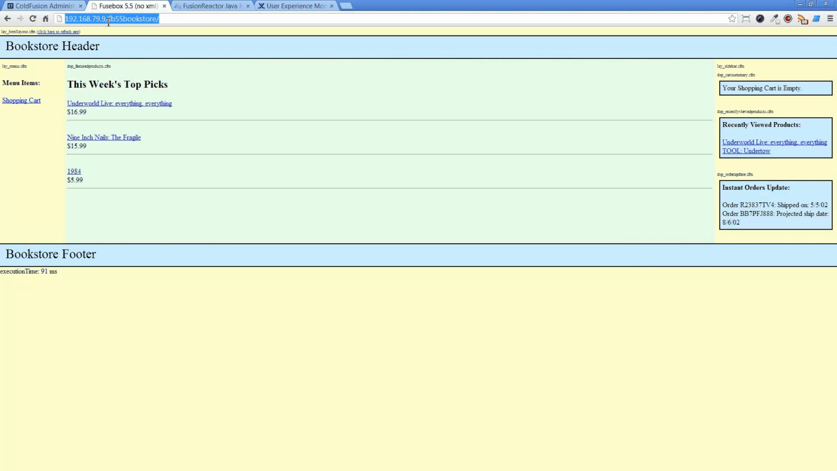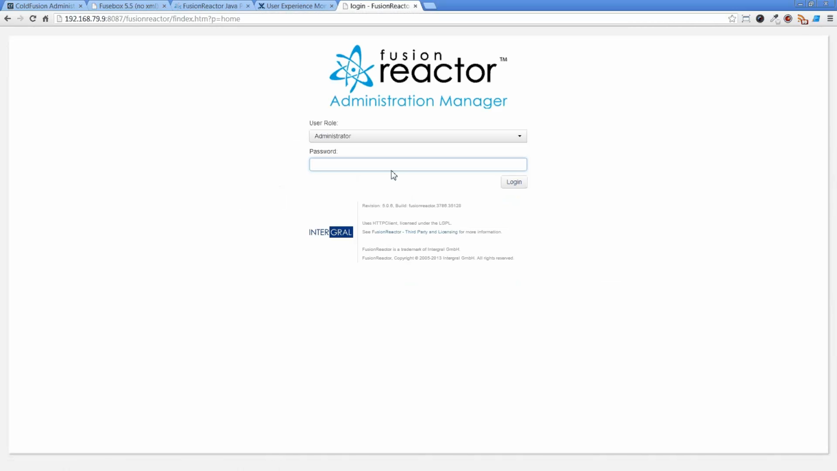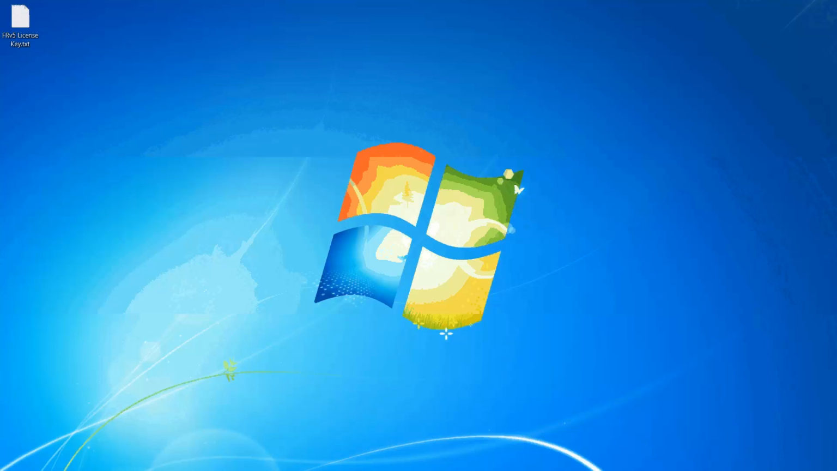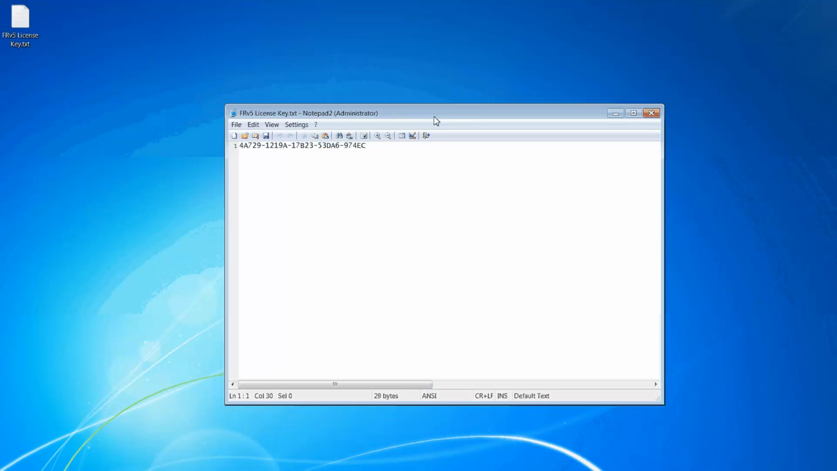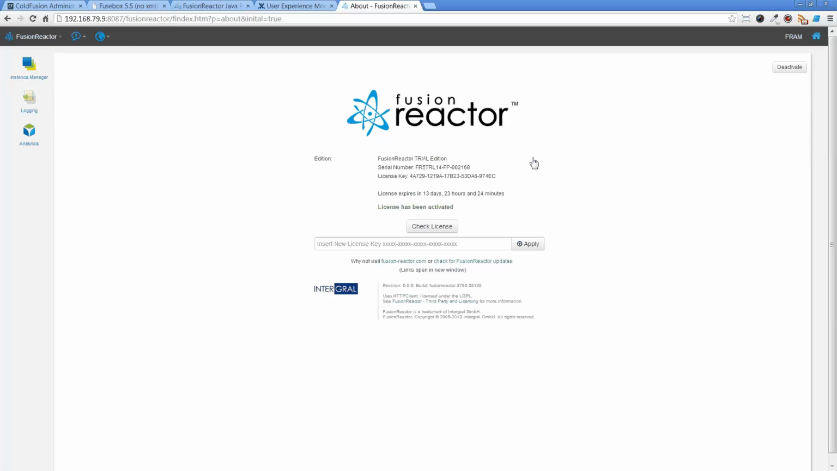So this is my test server. I have a simple Fusebox 5 test application running on it. If we connect here, then we can see the FusionReactor Administration Manager. The first thing that we need to provide is a license key. You are given that during the installation process, and during the download process, and I put it in the text file here, which I will apply to my server. We'll now go off and activate the